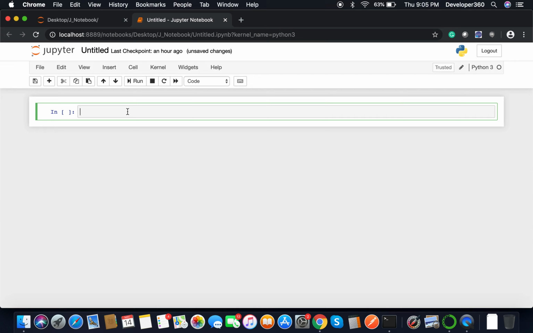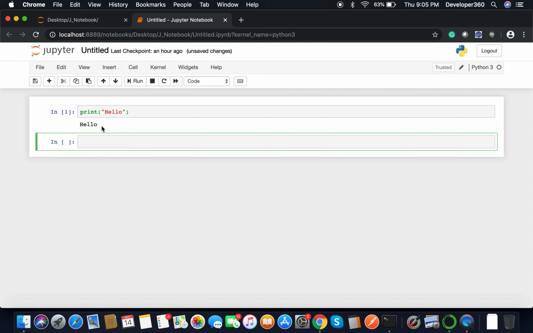Here we have a few options. You can see here some blank brackets. This is basically a code cell. Why is this a code cell? Because this is the option we have selected here, the code cell. I'm just going to write one print statement here, which is very basic in all the languages actually. I'm going to print hello, I just wrote this line, print hello, and I'm going to run this. Here you can see we got the output hello.